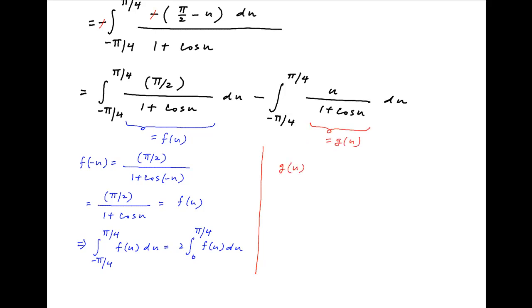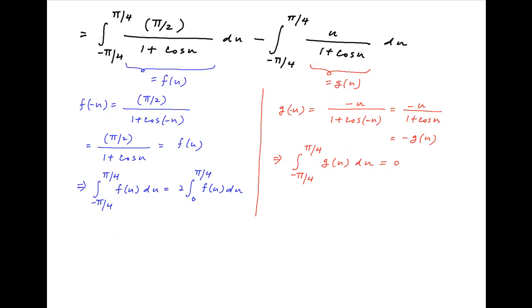Now denote the integrand in the second term in the expression for I by g(u). So g(u) is equal to u upon 1 plus cos u, and therefore g of minus u is equal to minus u divided by 1 plus cos of minus u, which is equal to minus u upon 1 plus cos u, which is equal to minus g(u). Therefore g(u) is an odd function, and again using properties of definite integrals, integral minus pi upon 4 to pi upon 4 of g(u) du is equal to 0. Therefore the expression for I simplifies to pi upon 2 times integral 0 to pi upon 4 of du upon 1